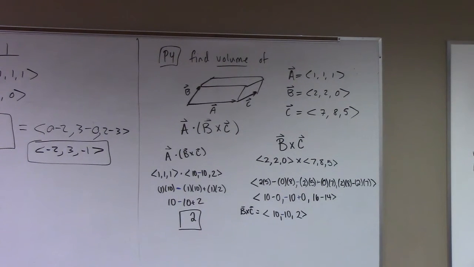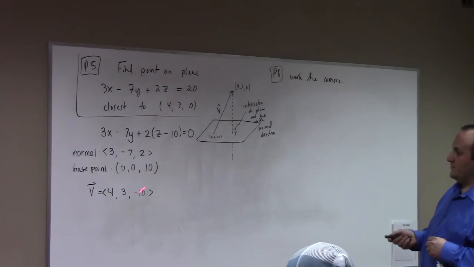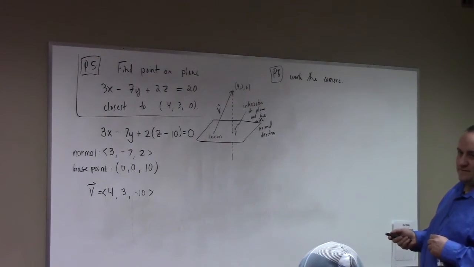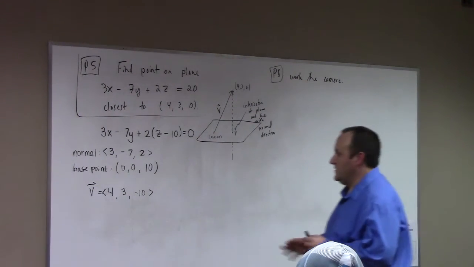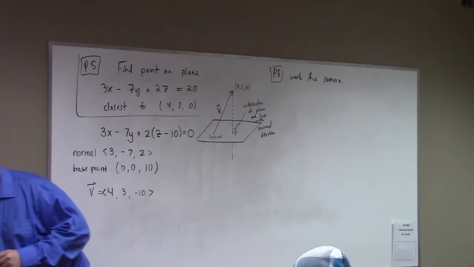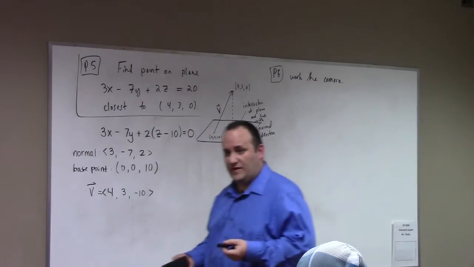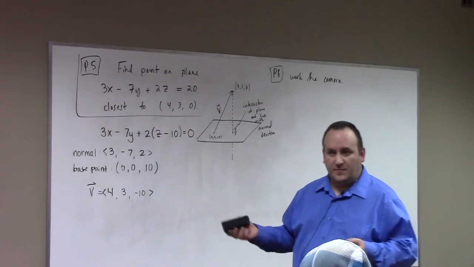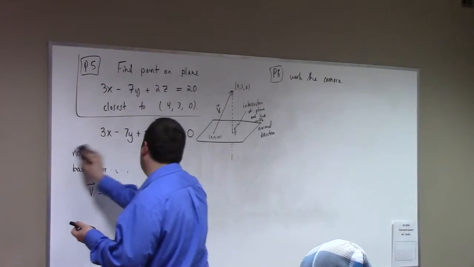Now, I said find the point on the plane 3x minus 7y plus 2z equals 20 closest to (4, 3, 0). And so she was going down the path of like we did it before. But I actually want to show you guys a different way to do this problem, not using the projection idea, but this time using a path idea. All right, so